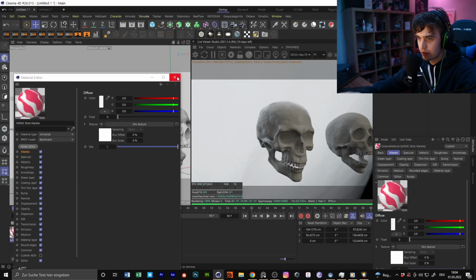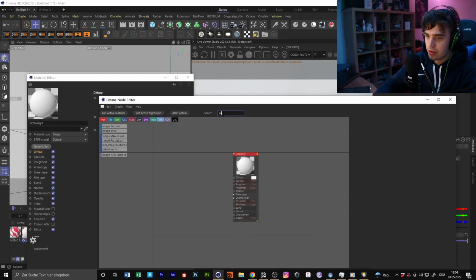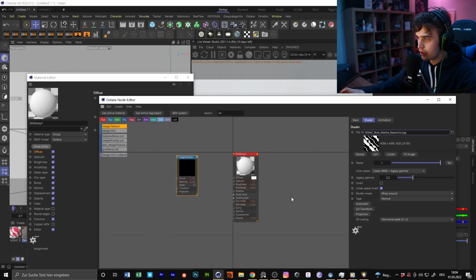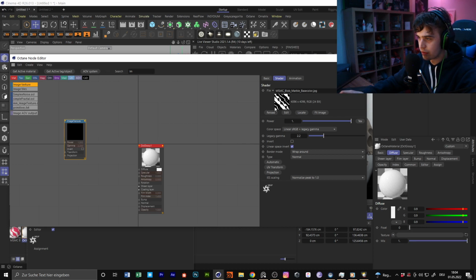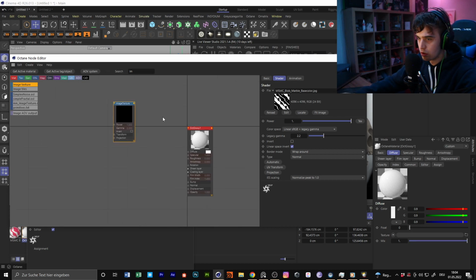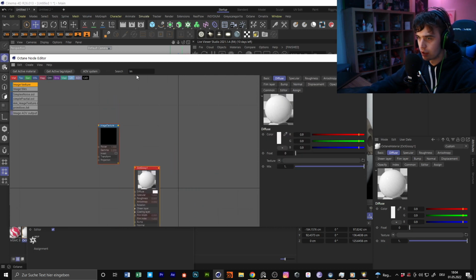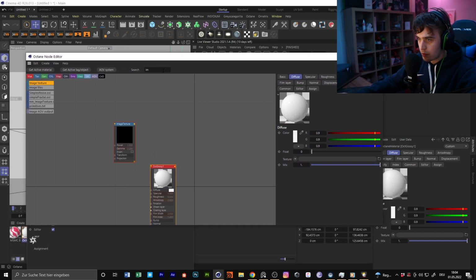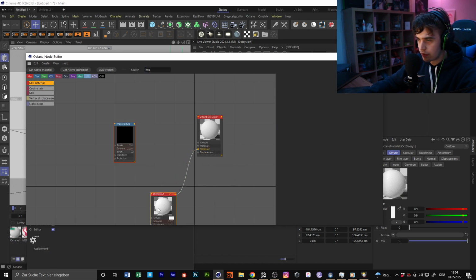Maybe copy the path. Put in an image texture. Put this in here, and you easily got it. You can do that by yourself. It's not that hard. But I use this for now because it's easier and I really like them. So most of the time I just use a mixed material, put this in here, drop the first material in here,